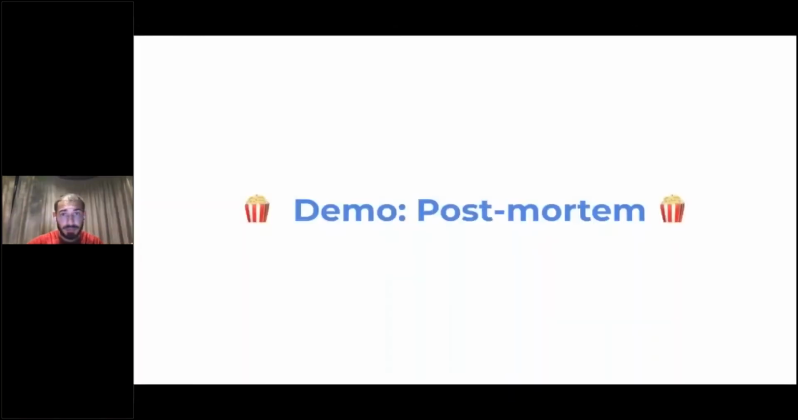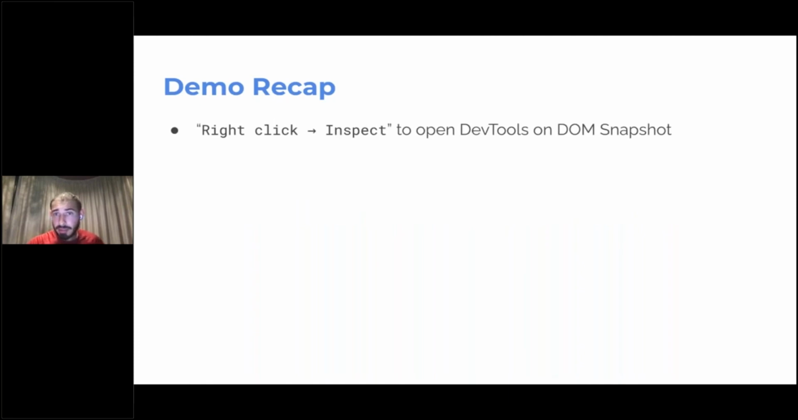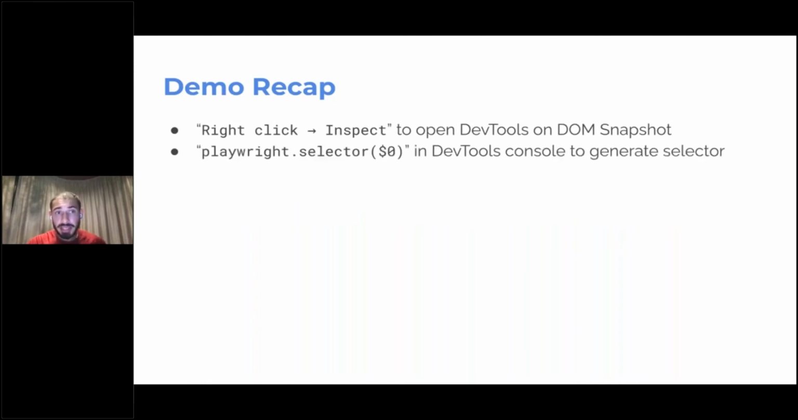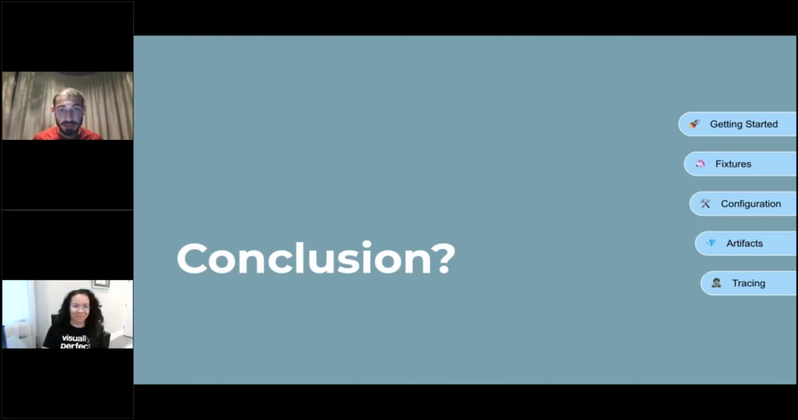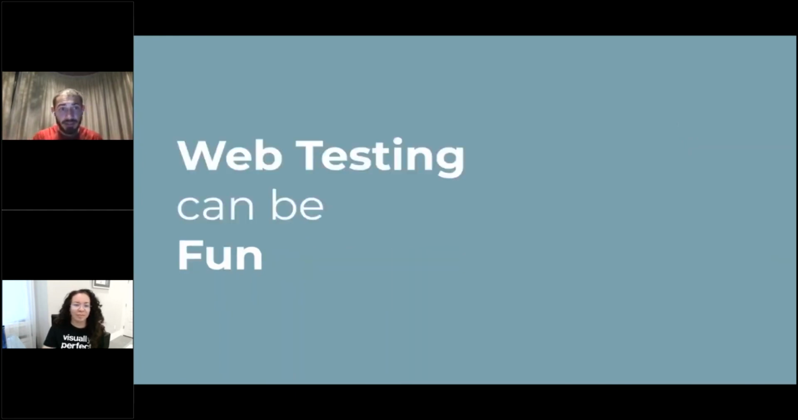Okay, so recap what we just saw. We saw that we can right-click inspect to open DevTools on DOM snapshot, and we can use playwright.selector to generate a selector. And this concludes our today's talk. So I hope you enjoyed it as much as I did. If there is one conclusion we can get from this whole story, it is that web testing can actually be fun. So with tracing, you can debug failures that happen on CI. With parallel execution, you can have, you don't have to